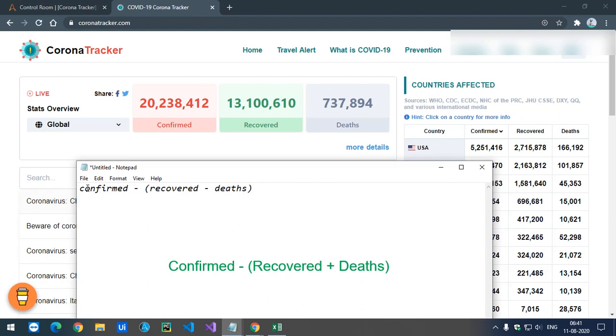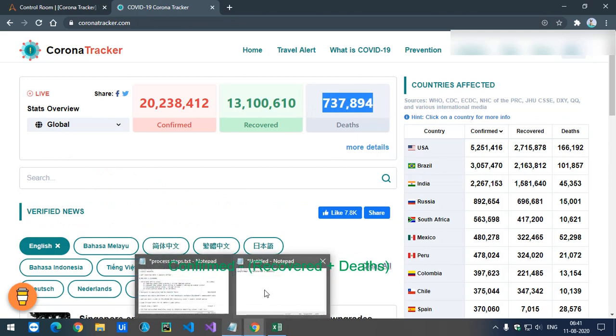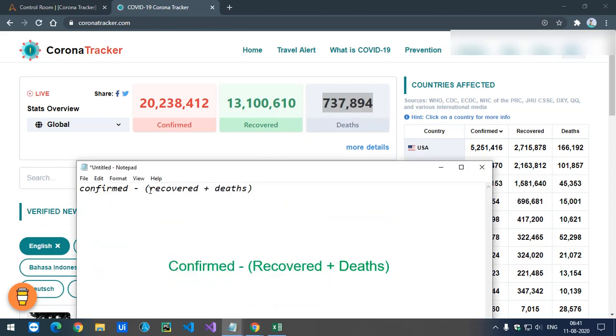This is how it will look. The first thing is confirm cases, which is this big number. Then we are going to add the recovered cases and death cases, and subtract them from the confirm cases. By this we will get the remaining cases.